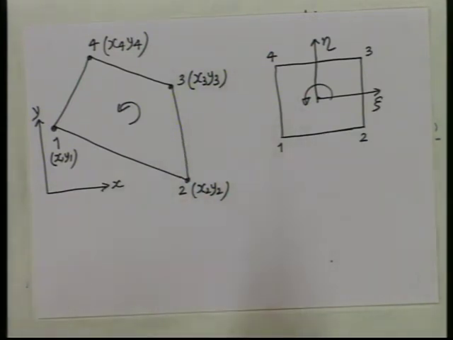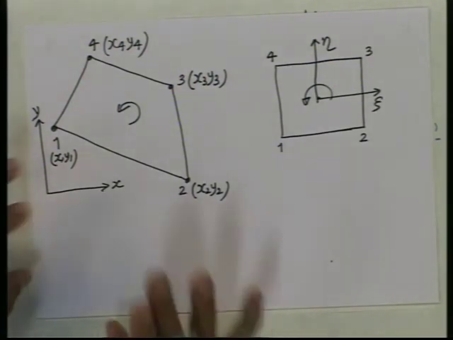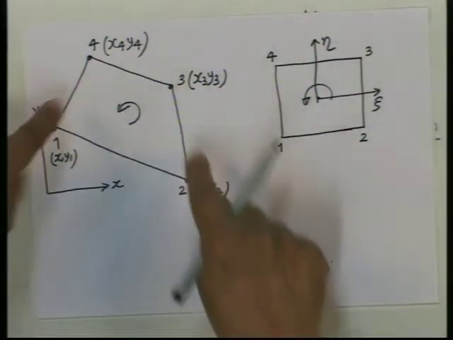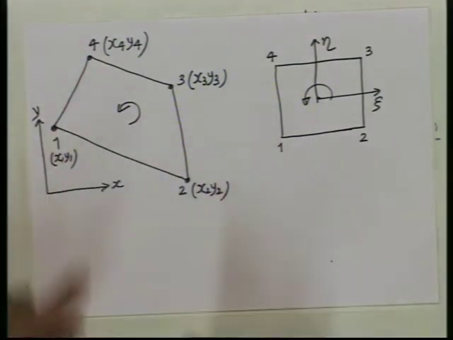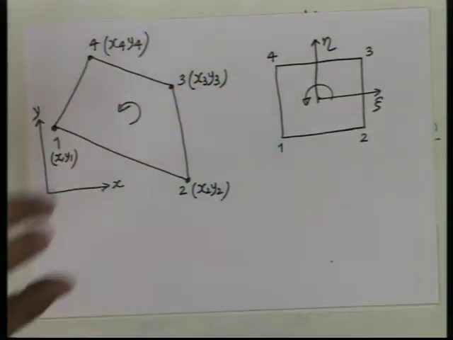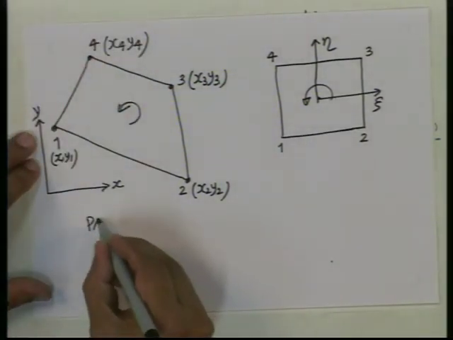This will be the real element, which we call the parent element, in the actual structure, because in actual structure you will be discretizing in a very general manner. So, some elements will be square, some will be rectangle, some will be quadrilateral. So, why not deal with quadrilateral right away? So, a general 2-dimensional element can be a 4-noded quadrilateral element. So, this element is a 4-noded general quadrilateral element, not necessarily rectangular or square or parallelogram. There is no restriction.